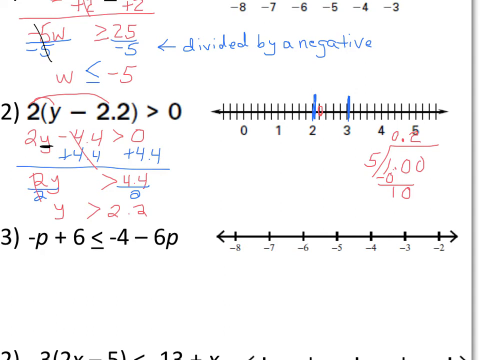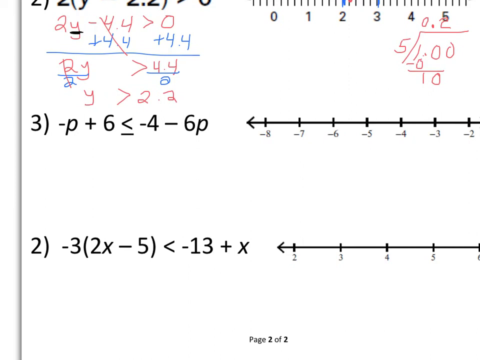And the numbers greater than are going off to the right. Now, I've purposefully left that circle open and not filled in because this solution set is greater than 2.2, but not greater than or equal to 2.2. Okay, third example here, we've got, quickly you can see that we've got variable terms on both sides